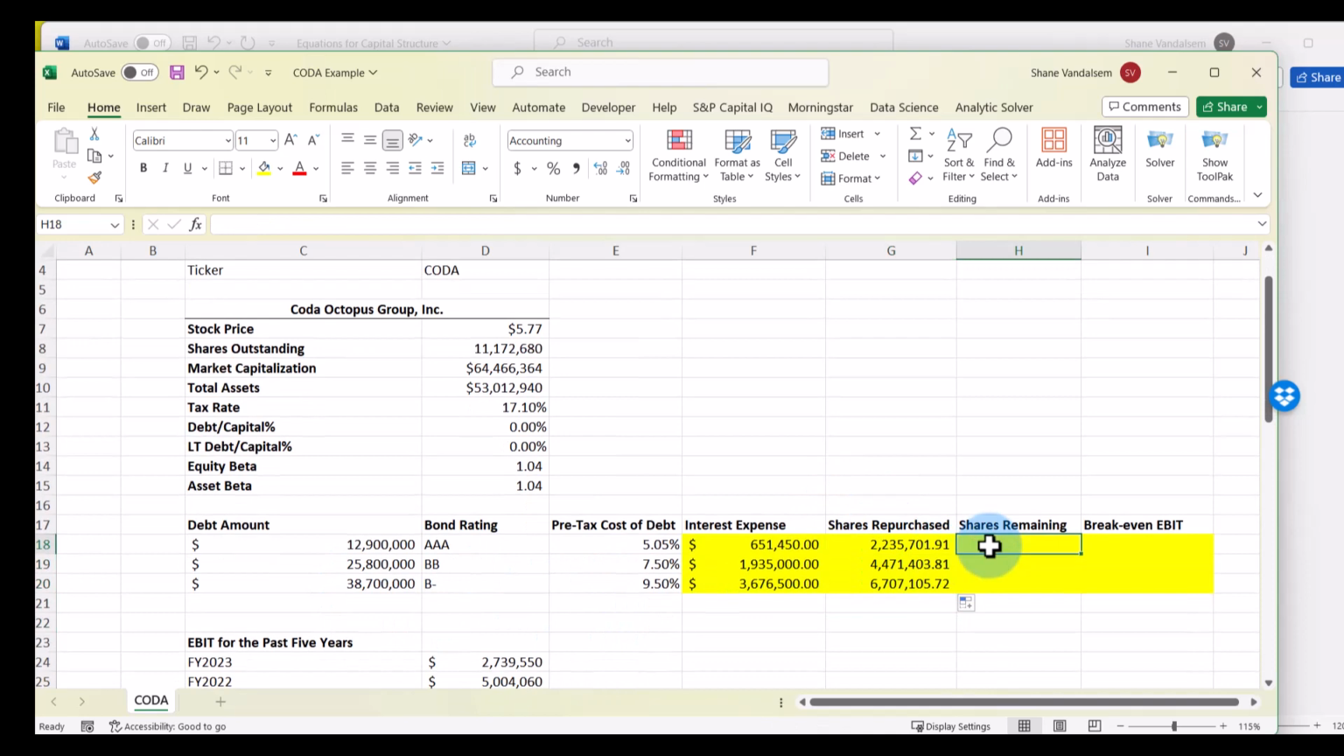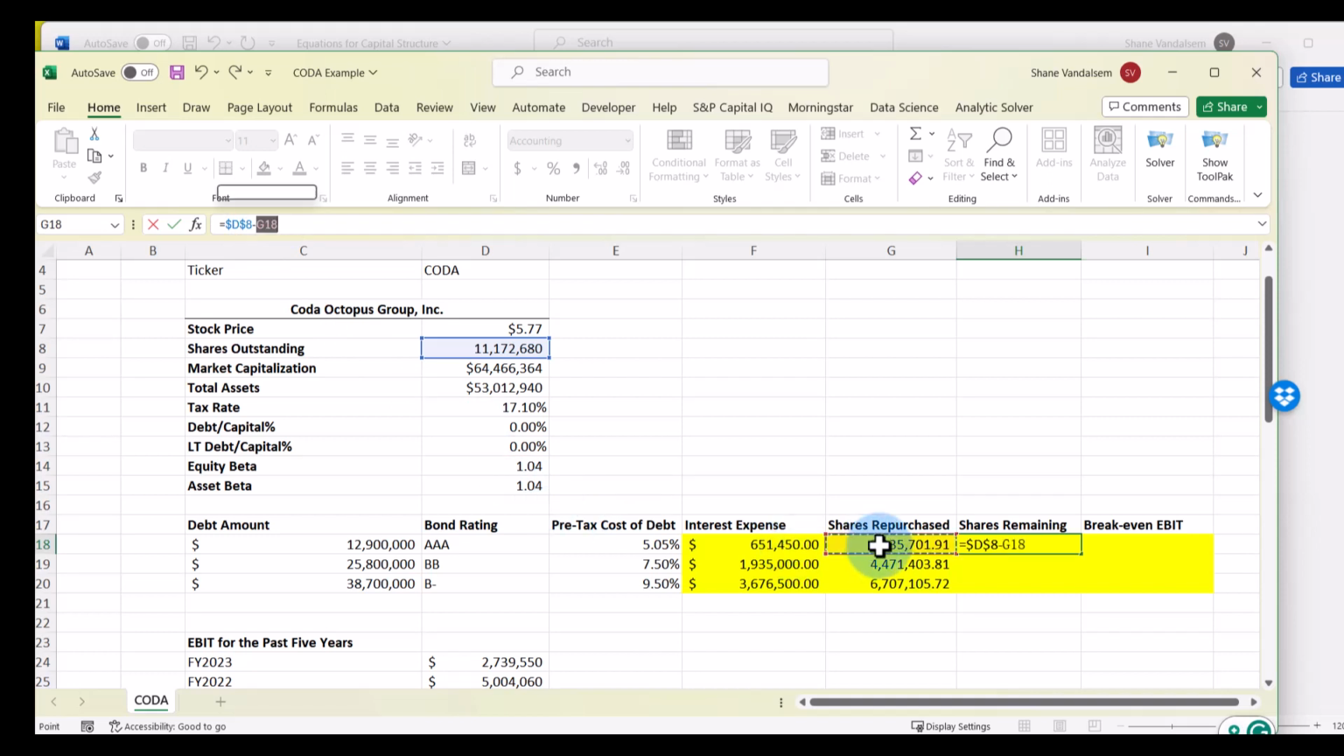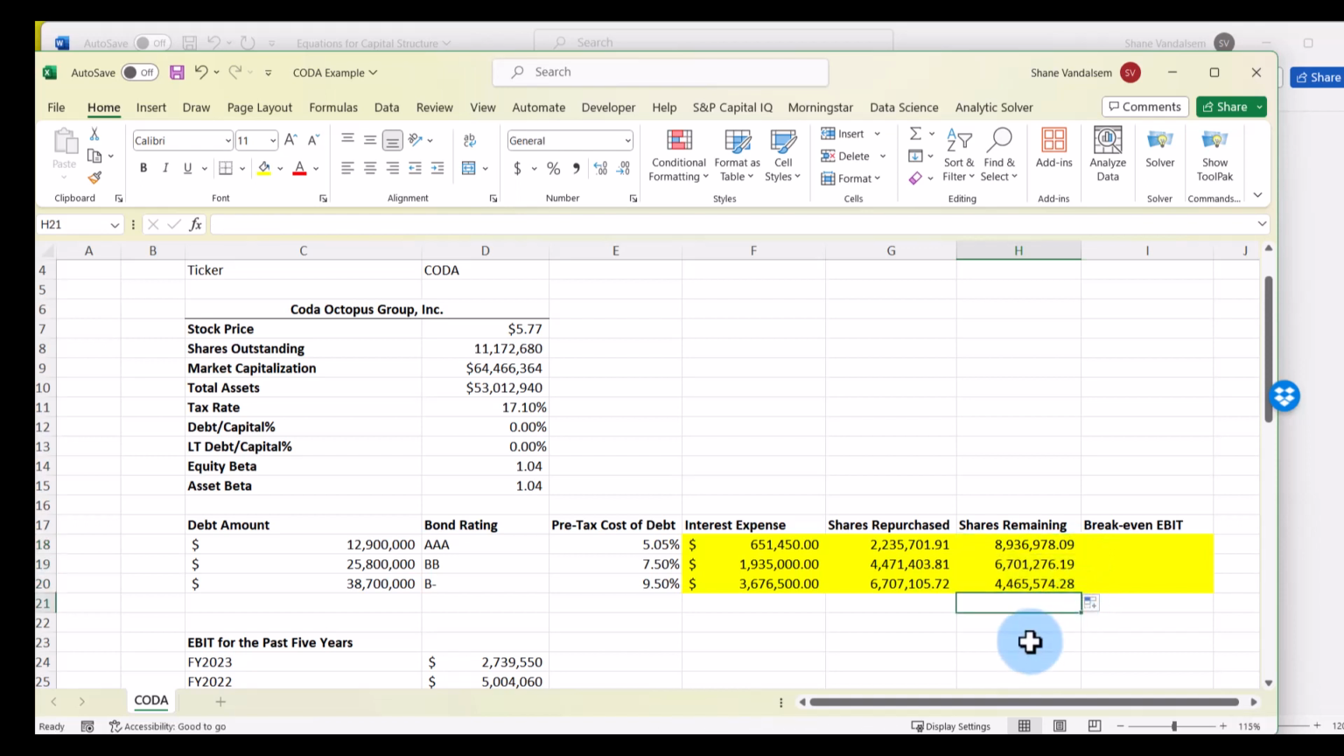And now we're going to calculate the shares remaining. So I'm going to put in equals the shares outstanding with no debt, that's D8, and I'll lock that in place, minus the amount of shares repurchased, and I'll drag that down. And again, as expected, as we take on more and more debt, we repurchase more and more shares, and we